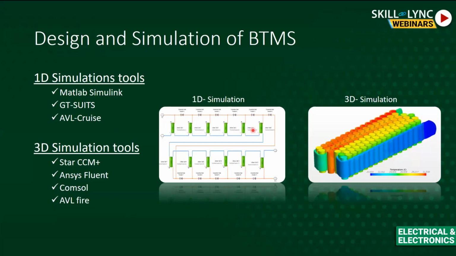Generally we do an experiment called HPPC, which is hybrid pulse power characterization of a cell. From that, we take all the information related to impedance and the internal resistance of the cell at different data points like temperature, SOC, SOH, and so on, and then we feed it into MATLAB and try to design a battery.